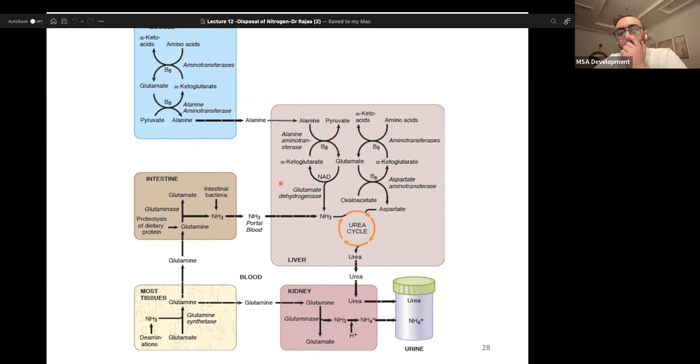Okay, alanine will go to the liver and glutamine will also go to the liver. They will go through the cycles we explained, which are the transamination, or aminotransferases, and the oxidative deamination to yield ammonia. Ammonia will enter the urea cycle. Okay, through the urea cycle, it will be excreted as urea to the kidney through urine. That's how you get rid of ammonia, through urea. Again, the urea cycle will be discussed and explained by my colleague Khalid,